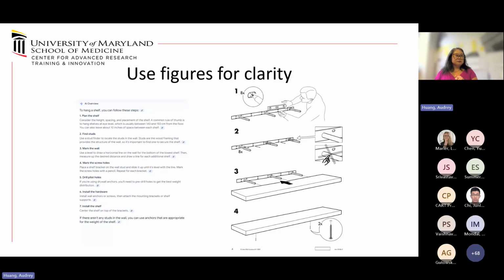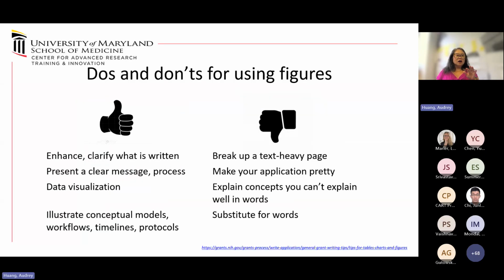Okay, but we're not IKEA. So use figures, but remember, figures take up space. So you should use a figure when it's needed to enhance or clarify what's already written. You've got a complex molecular pathway. There's a lot of things going on. Or you've got a conceptual model of something that's happening. There's arrows and boxes and inputs and outputs, and a nice, simple flow diagram can really enhance what is written.